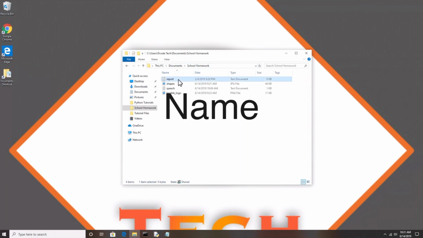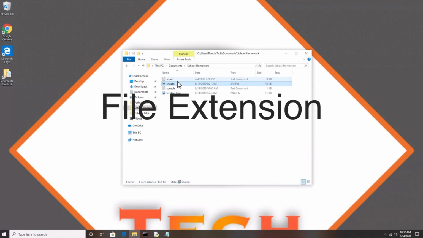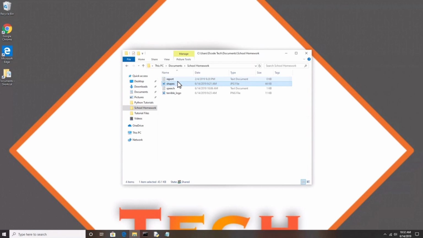So here we have a file called report. Underneath it is a file called shapes. And then right after the name comes something called a file extension. And this is how we can know what type of file something is. Now by default on a lot of modern operating systems, they hide the file extension because they want a computer to be as intuitive as possible. But in some ways, I feel like this hinders us because it's a little bit harder to differentiate always what